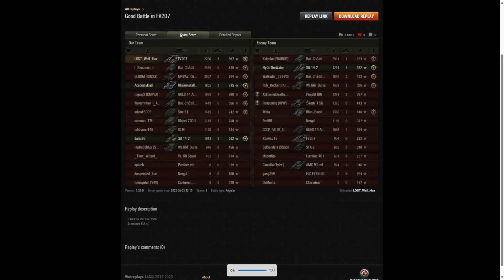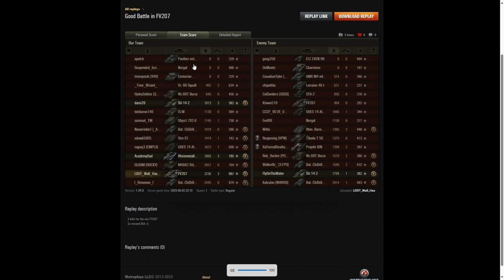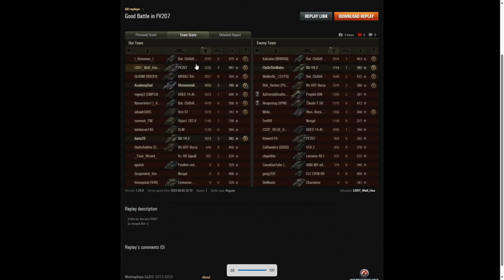Let's have a look at team score. Well, we can see he didn't get the highest damage in this one. That actually went to the... get that back right. There you go. It went to the Barask on the enemy team, who got 2,914 hit points. And that guy got a 5 for effect. Second highest damage was the Batchat Barask on our team with 2,545. And the third highest damage, well, that was Lost War Hacks with